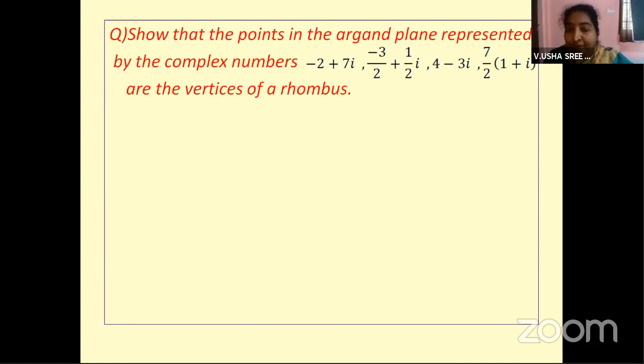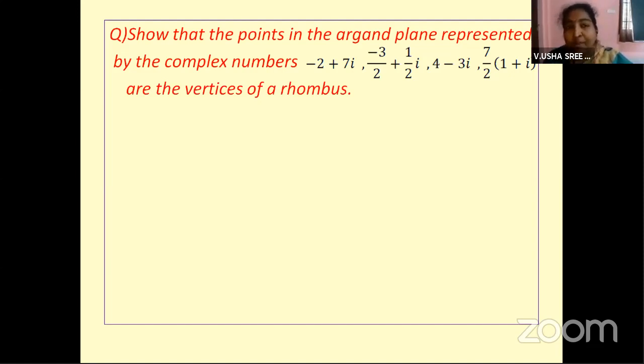Rhombus will have all the sides to be equal. Then what is the difference between the square and the rhombus? Square also has got equal sides, isn't it? The only difference we can tell about rhombus and a square is, in a square, the diagonals will be